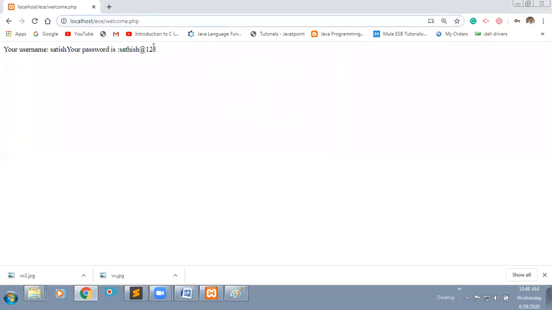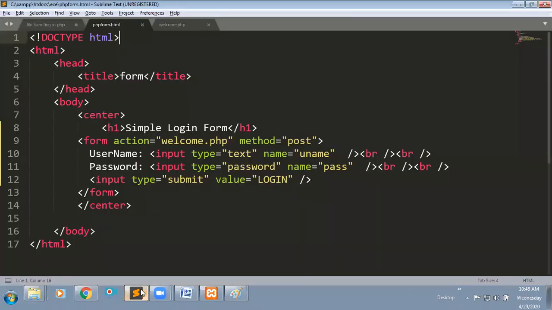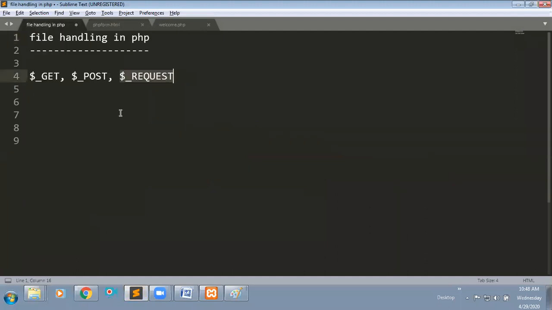If I click here, you are not able to see the data here. Again, if I go for request also, I'm able to read the data here, right? That is the use of these three super global variables.